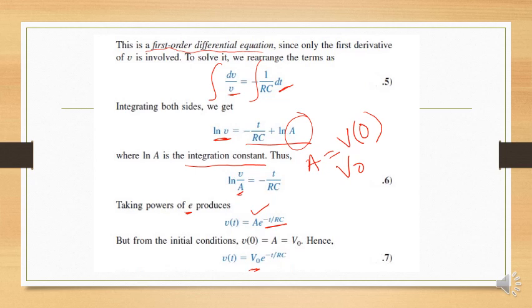So we have derived the first response with respect to voltage of the RC circuit: V with respect to time is equal to V naught, the initial condition or the voltage stored in our device when we suddenly disconnected the DC source, into e raised to the power minus t over RC. You have to memorize this formula. We are going to use it in solving our circuits, and we are going to solve an example also in our further slides.